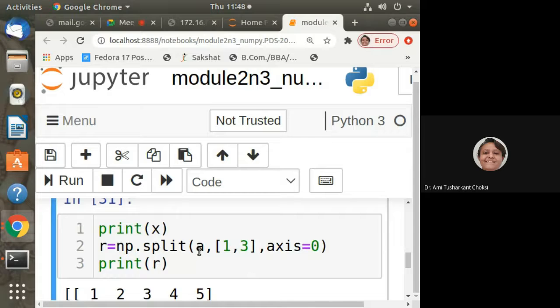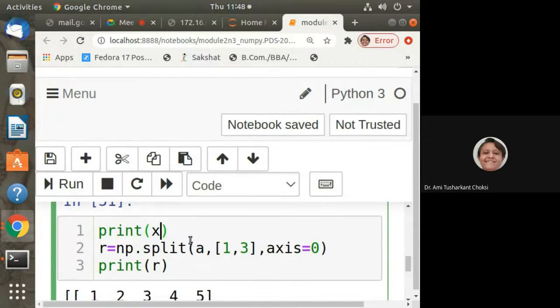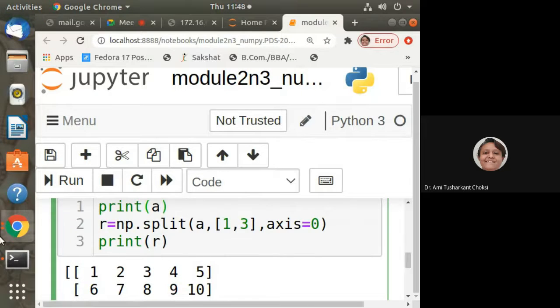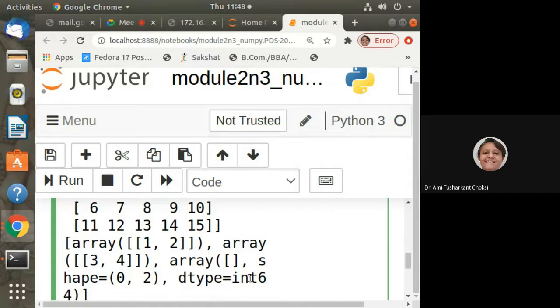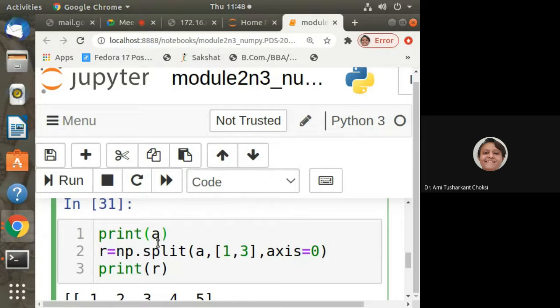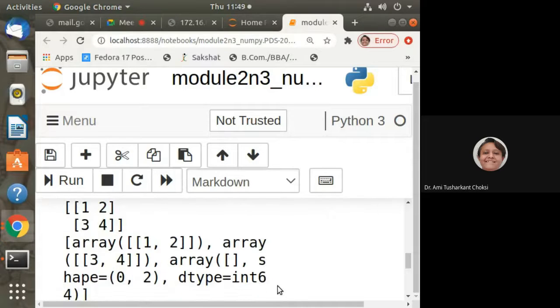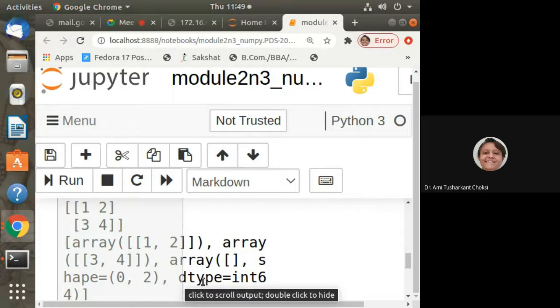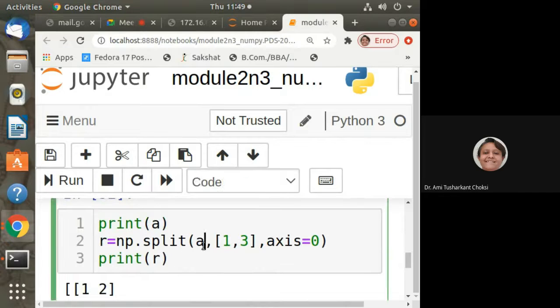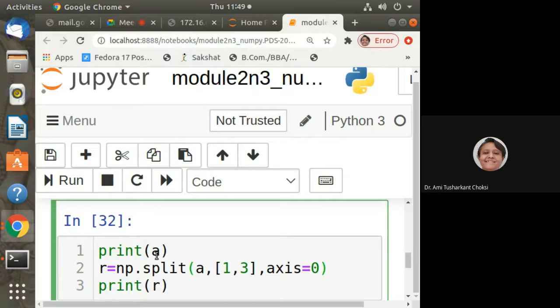Now what we are doing is A, comma, what is that? One second. A array is that. Let me first print this one. The array is A, isn't it? The array is A, not X. Typically, we used to use the X, so by mistake, I have written that.